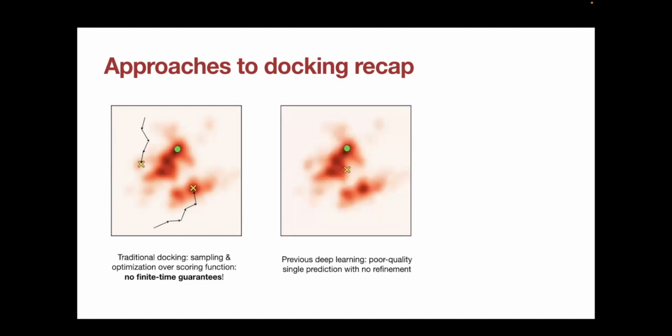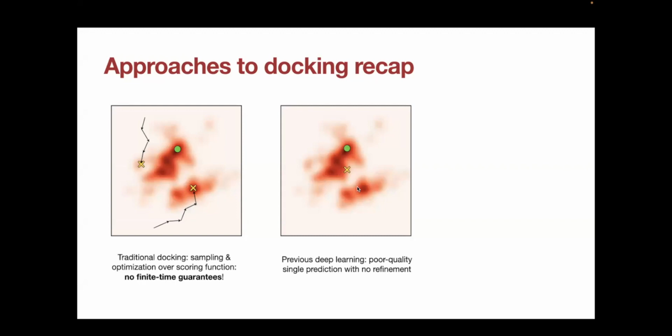Meanwhile, we have our deep learning regression approaches, and I should also mention here that in this visualization, in green we have the ground truth, what we want to predict, and in yellow we have what we get as output with the method. This is for the traditional search-based methods, and here we have our regression-based deep learning methods, where we have this distribution which we sample our data from during training, and then we make our prediction with our model, and our prediction tries to minimize the mean square error.